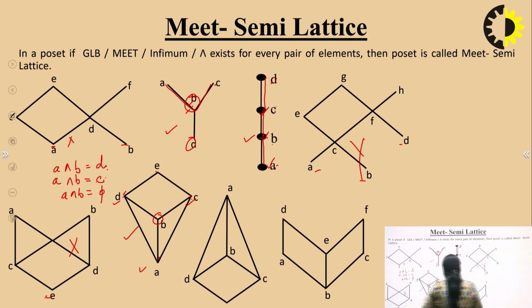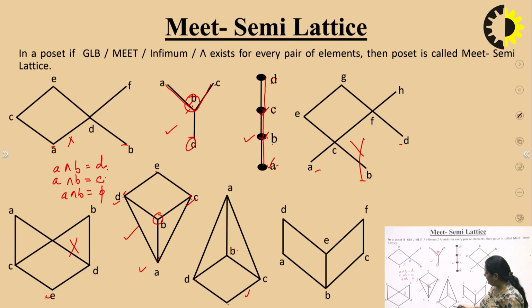And again, now see this figure. In this figure, yes, we are having a single bottom. Now we have to search for the different pairs so that we can find out the meet. For D and C, we are having A. For D and B, we are having D. For B and C, we are having C. For A and B, we are having A, C.